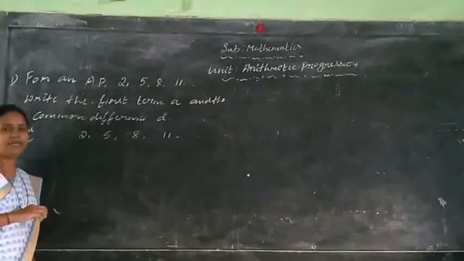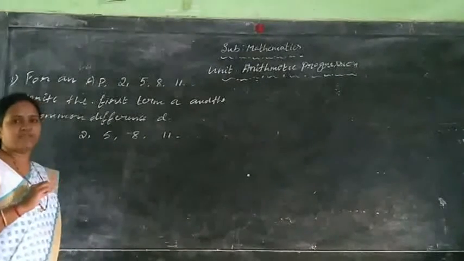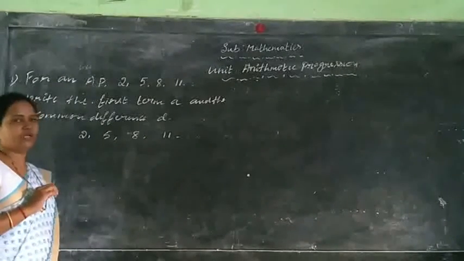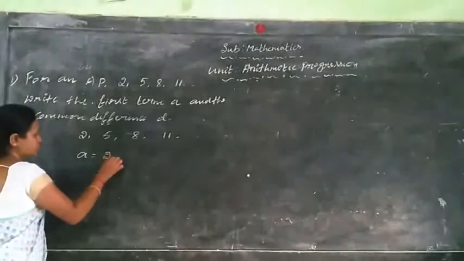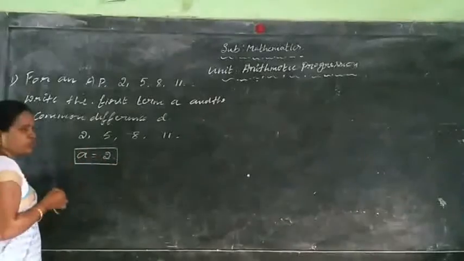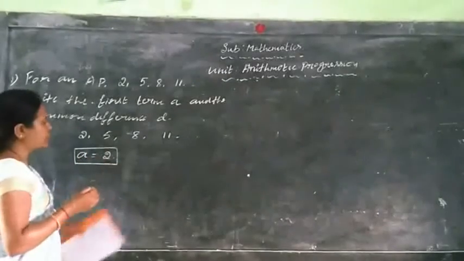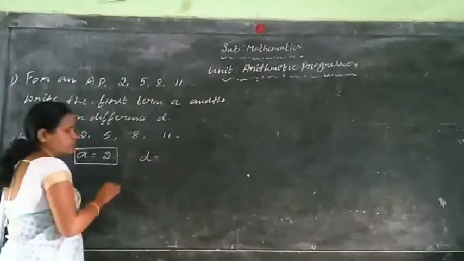2, 5, 8, 11. So usually we will denote the first term by which letter, children? Yes, we denote the first term by a. So a is equal to 2. So the first term is 2. Now we have to find out the common difference, children. d is equal to, common difference is equal to, children,